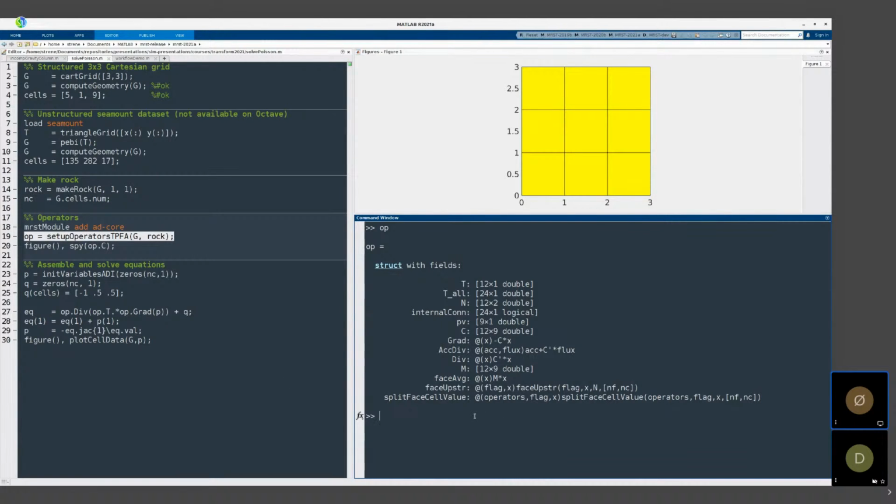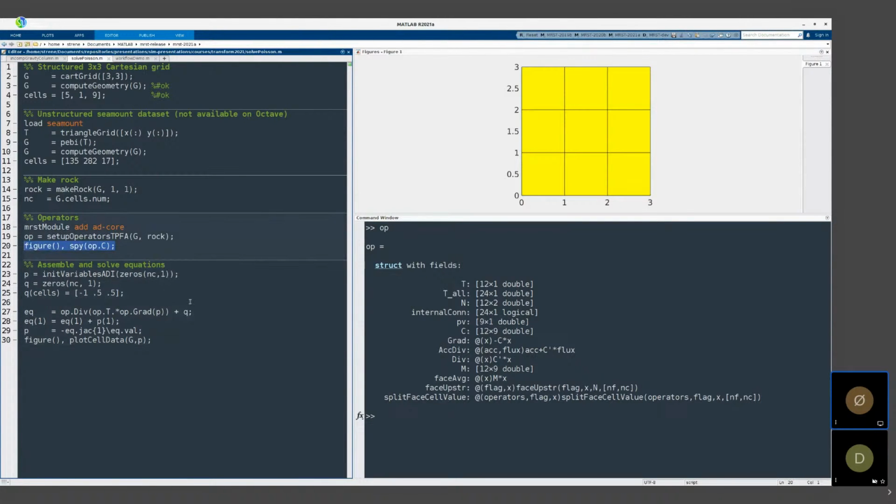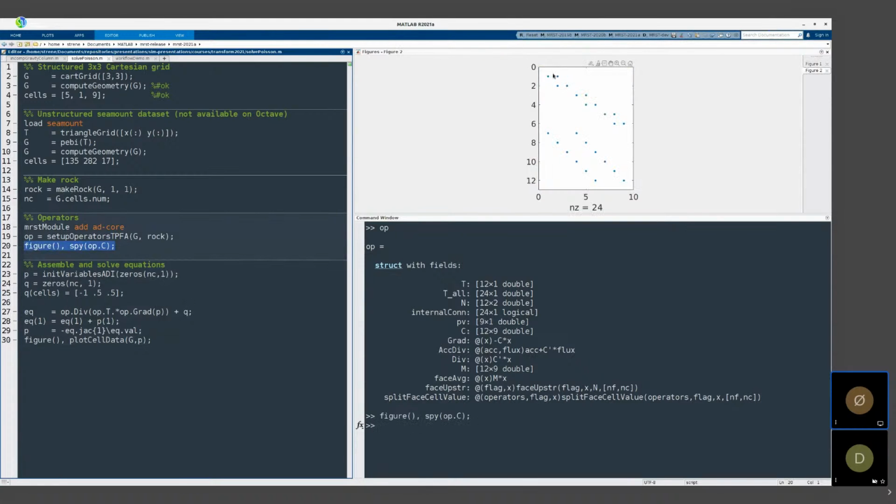So what we're going to do now is to look at the sparsity pattern of this matrix C. So let's do that in the line here. And you can see here that this is what it looks like. It has 12 rows. That's because there are 12 internal interfaces in the grid. And then it has 9 columns, 1 for each of the cells. And essentially what it says here is that interface number 1 is between cell 1 and cell 2, and so on, down to interface